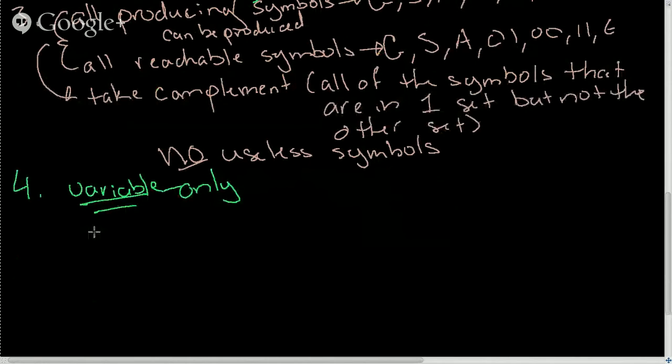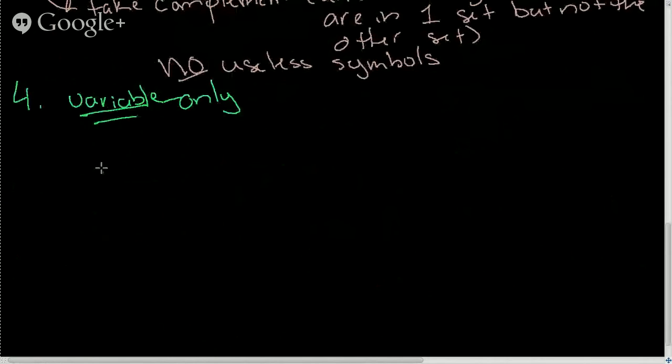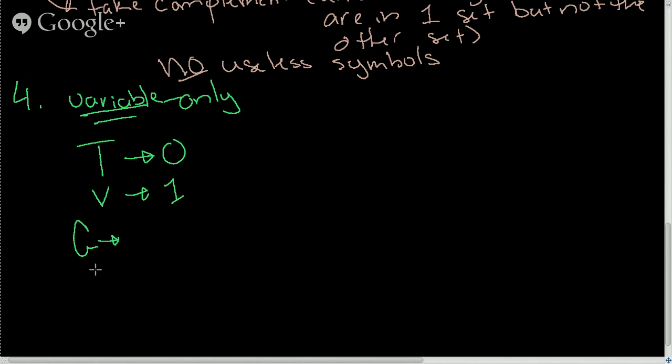So let's call them, let's see, we already have G, S, and A, so we need to avoid those. Let's call them T, and T is going to go to 0, and let's say V, and V is going to go to 1. And so to rewrite our rules from there